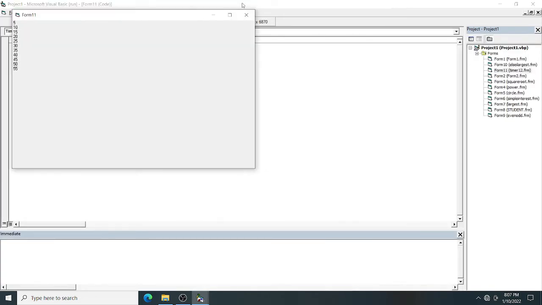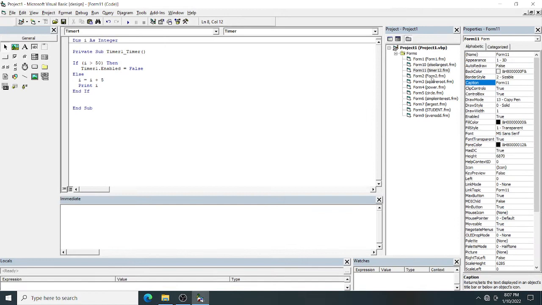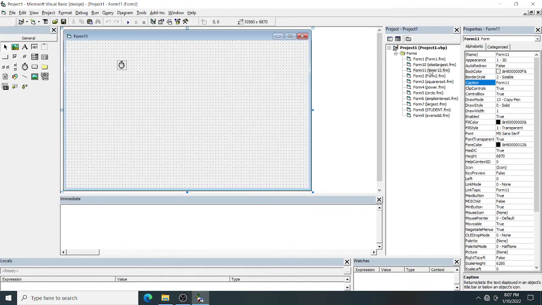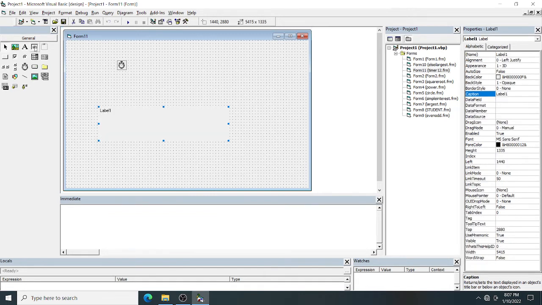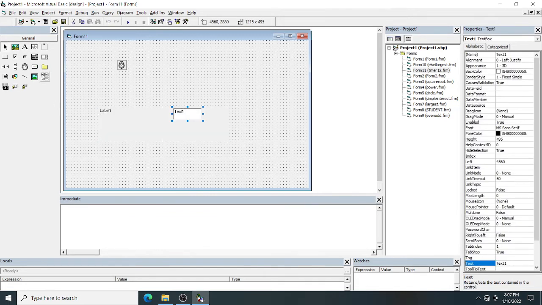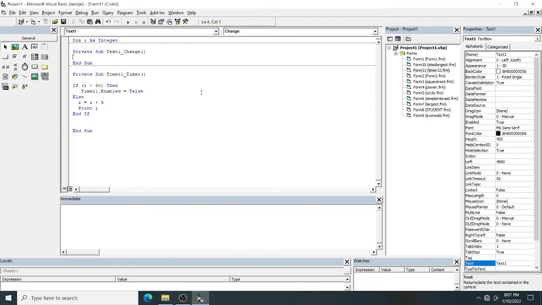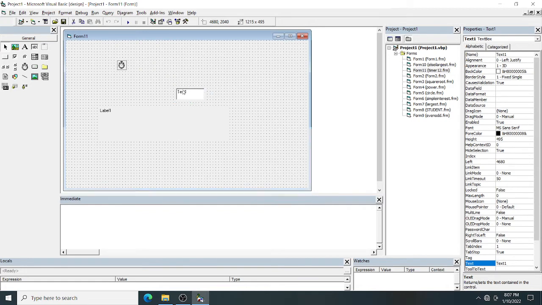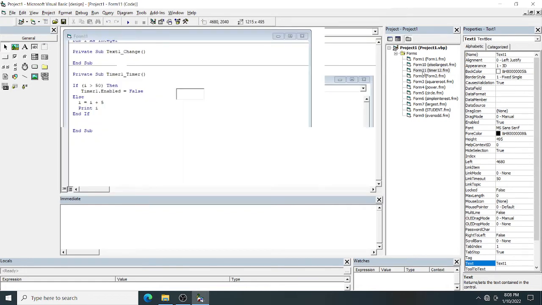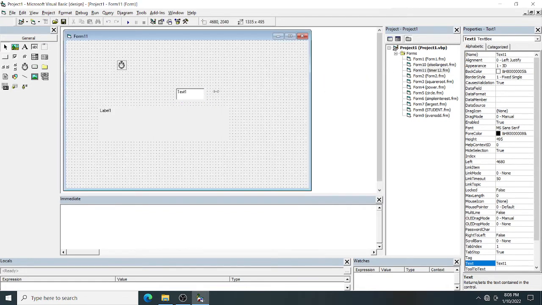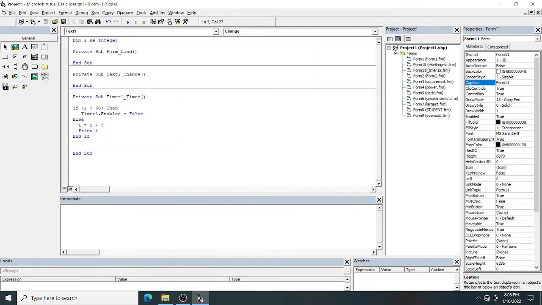Now what will I do? I will go to the form and take one more control, a label. And a text box also I have taken. This text box, I will enlarge a little bit. I can change the size of the text box.